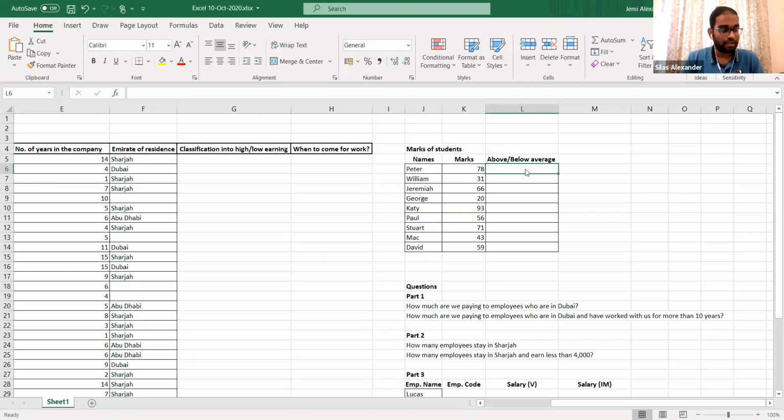So if the mark is below 50, then you want below average to be displayed there. And if the mark is above 50, then you want the text above average to be mentioned there. So your condition: if the mark is below 50, the text shown should be below average. If the mark is above 50, then the text shown is above average. We start with if